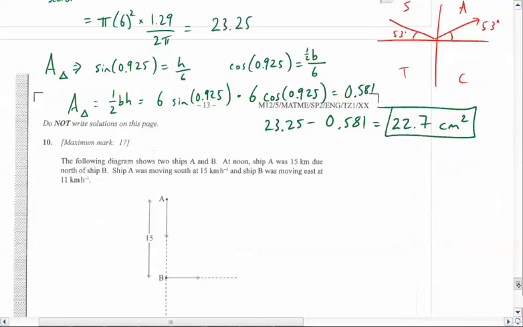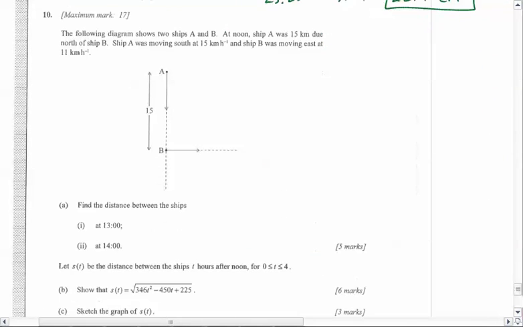And the last question. Okay, this is 2 ships moving. At noon, ship A was 15 kilometers due north, and ship B was moving east at 11 kilometers per hour. So that's 12 o'clock. At 1 o'clock,